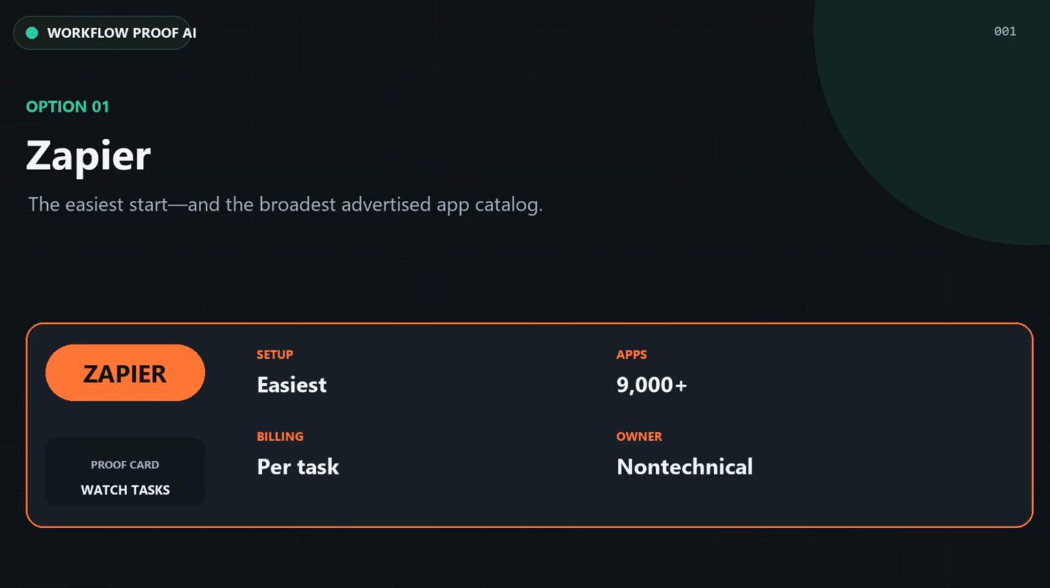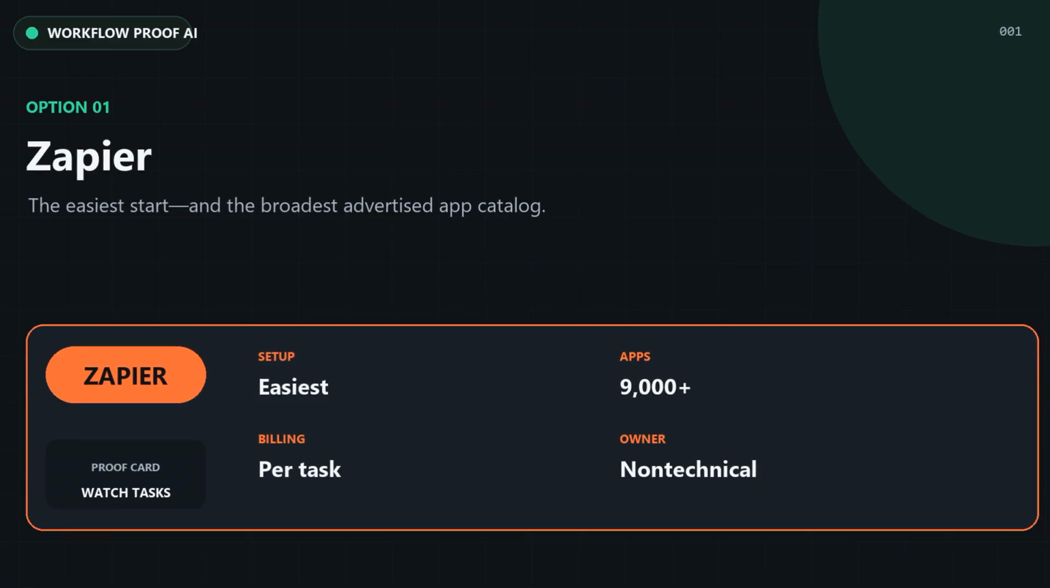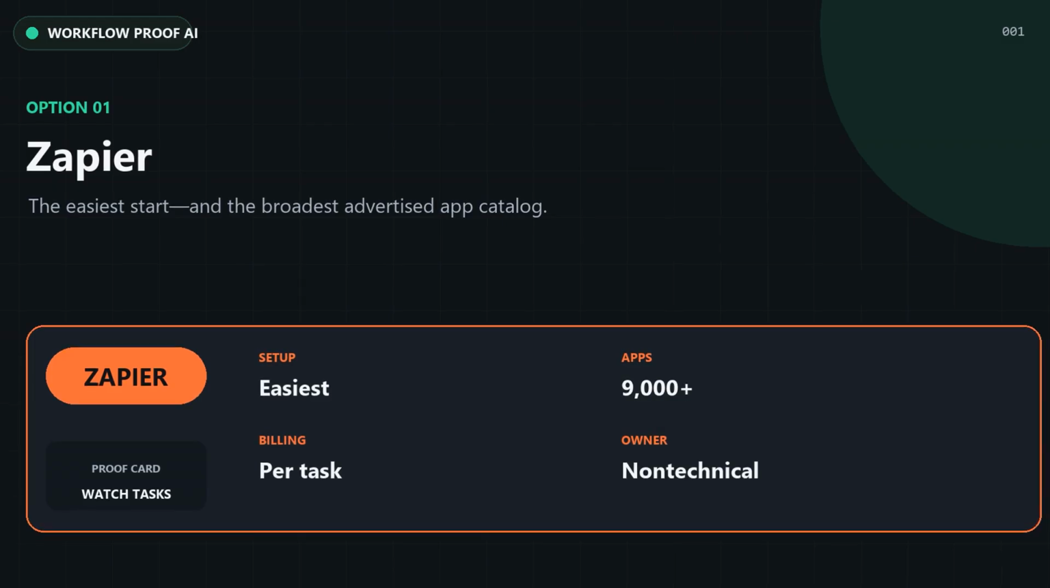Its biggest advantage is app coverage. Zapier currently advertises more than 9,000 app integrations. If your business uses a less common CRM, booking platform, or industry-specific application, Zapier is the first directory I would check. For our workflow, Zapier can receive the lead, format the data, apply filters or conditional paths, update the tracker,